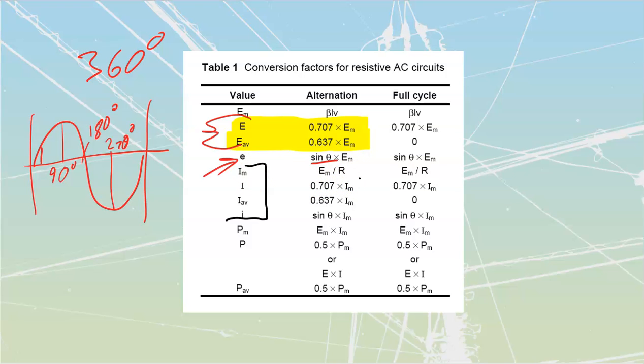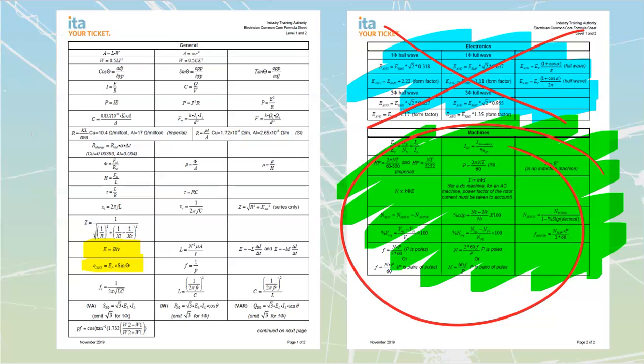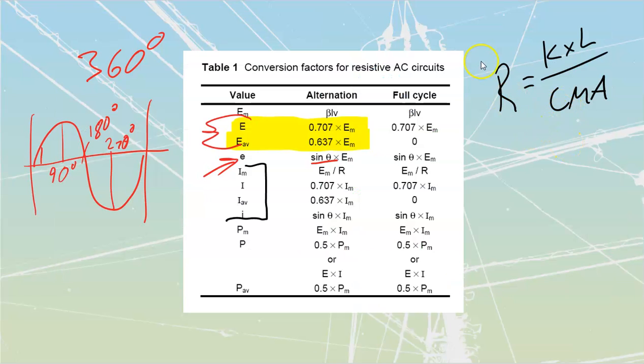Resistance doesn't have an RMS or an average or anything like that, because resistance is all based off of R equal to K times L over top of CMA. It's based off of physical constants. They lay those out for you on this formula sheet over here: K times L over top of CMA, and they even give you the ohms per mil foot that you are going to have for copper and for aluminum. Because resistance stays as a constant, K times L over CMA, based upon the physical properties of that material,